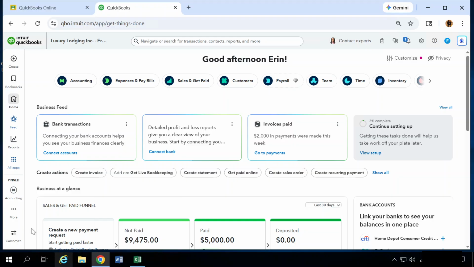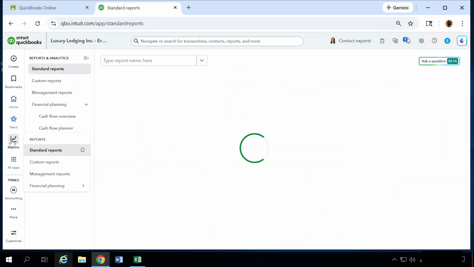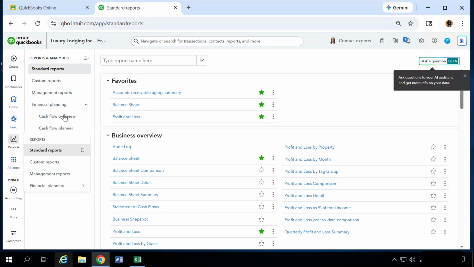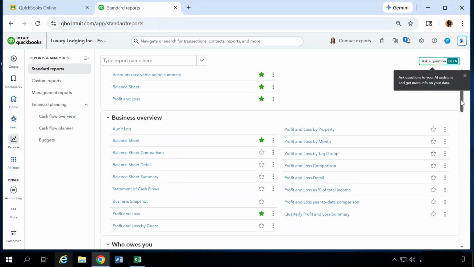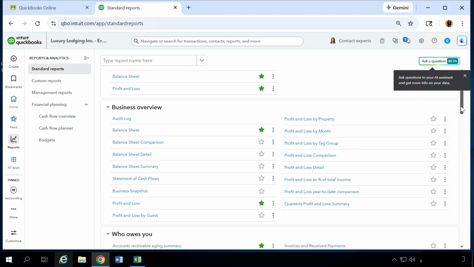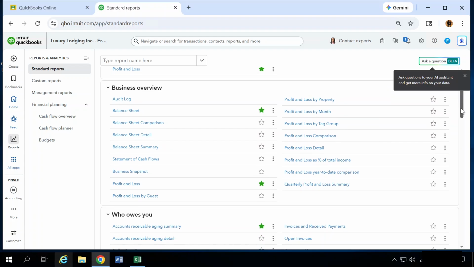So from our dashboard, we want to click on our reports icon in the left navigation bar. And this includes all of the reports that we can run in QuickBooks. So these are all the standard reports. If we scroll down,